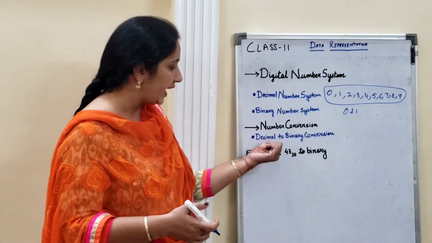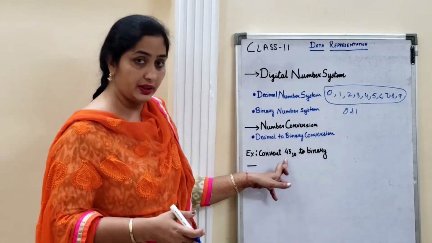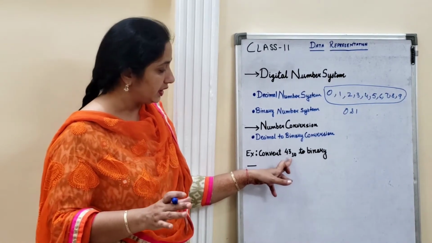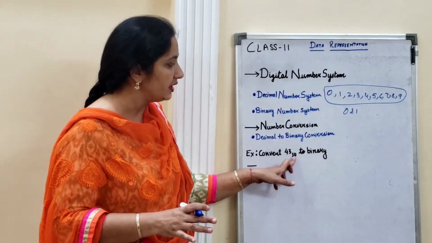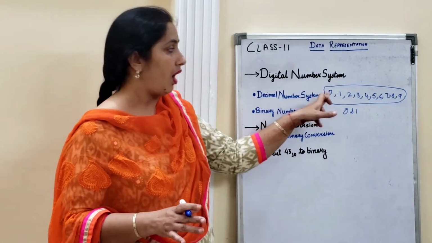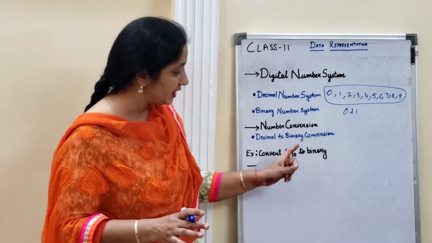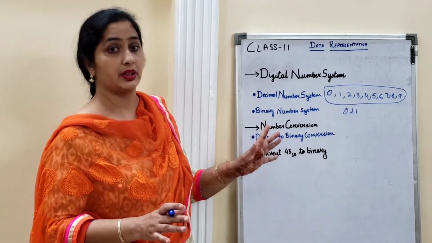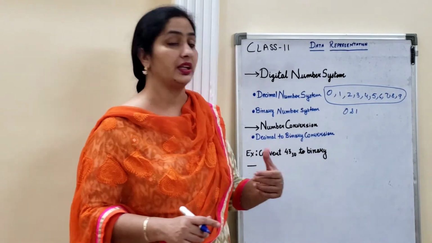How we can convert any decimal number to binary. This is our decimal number, this 43, right? This is your decimal number. Now here you can see its base is 10. Why is its base 10? Because this base is representing that this is the decimal number system. How many digits do we have in the decimal number system? We have 10 digits. So this base is representing that this number is a decimal number. Now there are two methods to convert this decimal to binary.